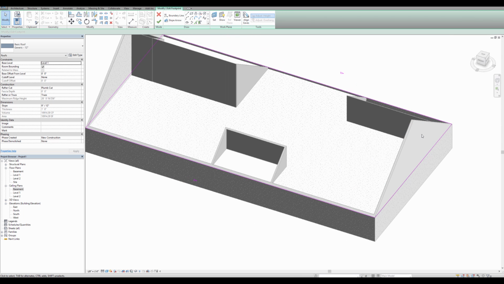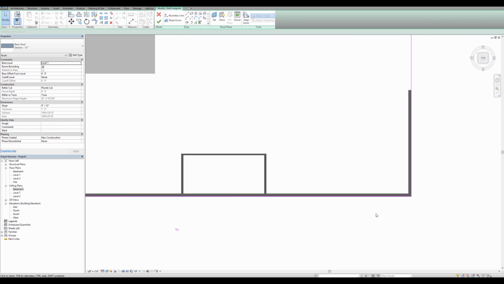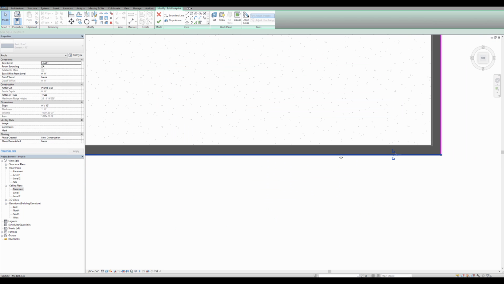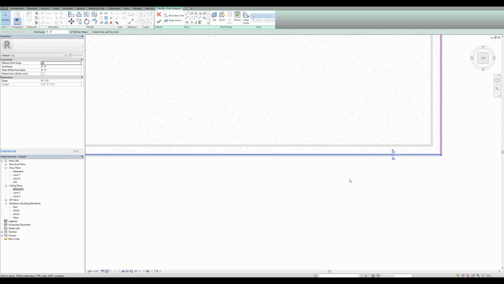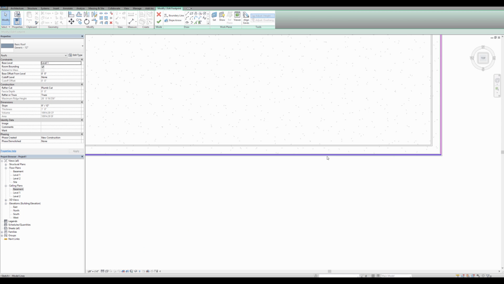the purple line cross section, and I want you to switch over to a top view so that you'll be able to clearly see this line. I do recommend working in wireframe mode because it is easier to see. And what I'd like you to do is use the split tool right over here, split element, and wherever you want the center of that dormer to be, click on it, and it's going to create a cut right